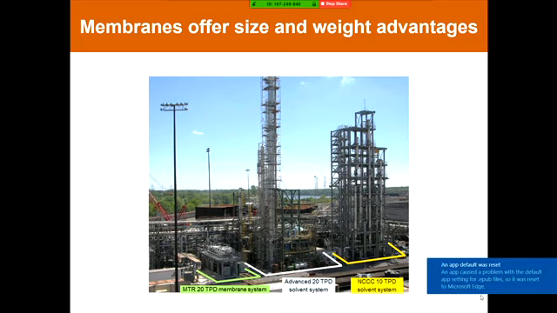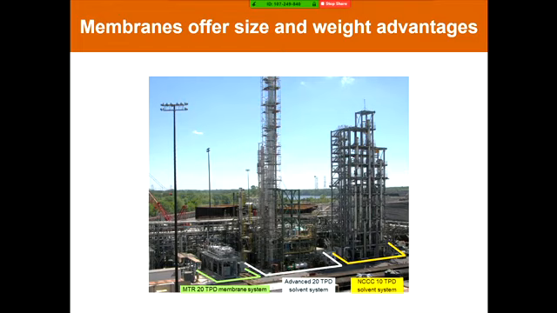So one of the advantages of membranes is the size and weight, and this plays into account aboard aircraft, on offshore gas processing platforms, and ultimately, if we do large-scale CCS, this will be, I think, a major factor, because the size of that capture system is going to be enormous once you go from 1 megawatt equivalent up to 500 or 750 megawatt equivalents, which would be a full-size power plant.